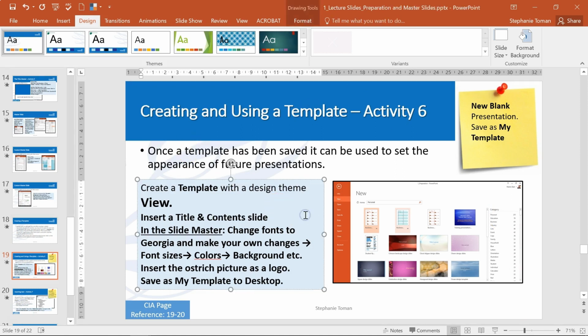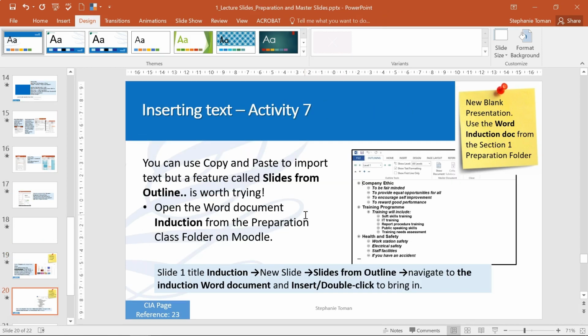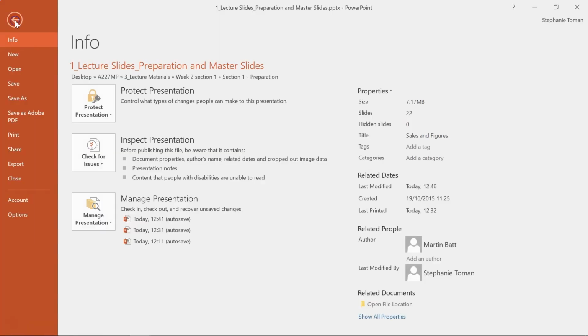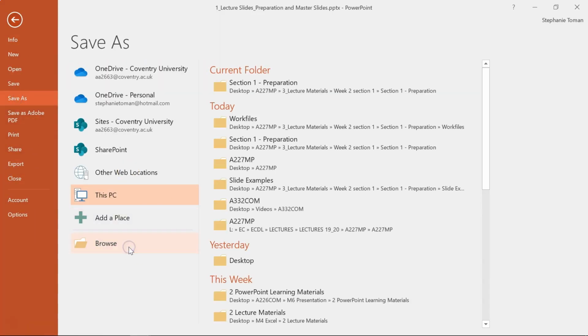So it says insert a slide and content slide in the slide master, change fonts to Georgia, font color. So they're all the different things. It's just running over what we've just done. I'll let you do that, and then save as a template to your desktop. So if you're in the exam and you were doing a save as, use the browse again to bring up